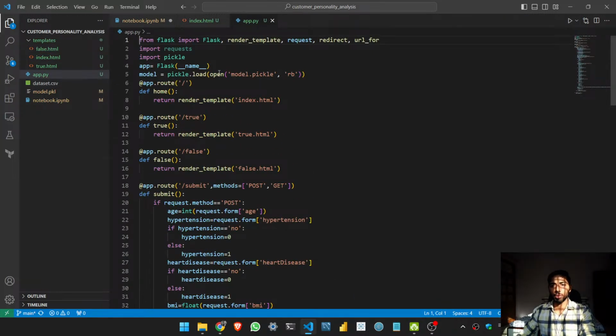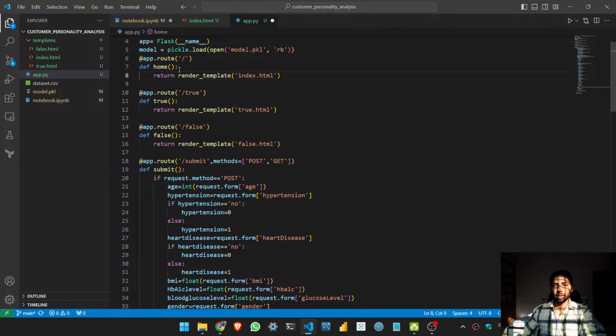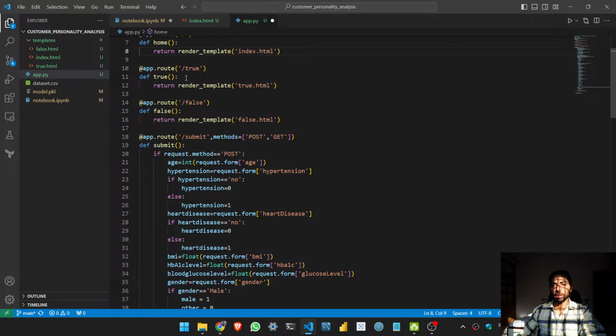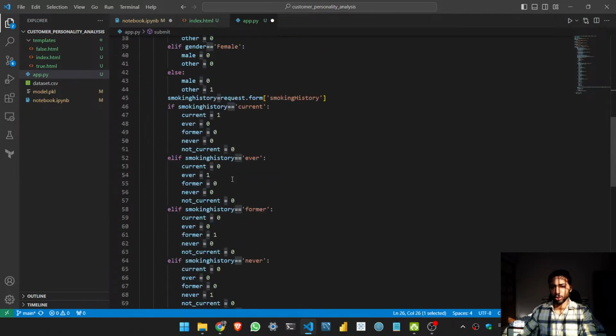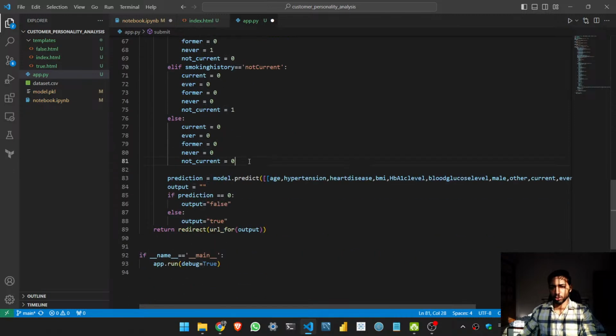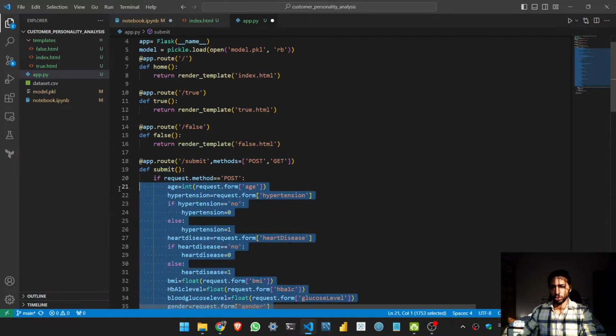So first we have to load our pickle model. That's why our model name is model.pkl. Then we render our home page. This is our true HTML. So first we will get, let me remove all these, and